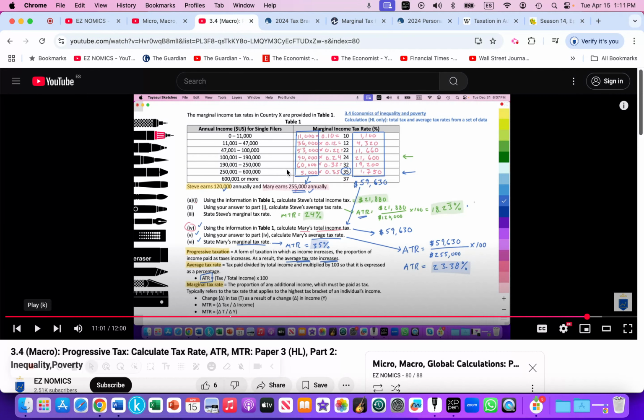We left off in the second video, again, practicing calculating, where we've been provided an annual income tax bracket for a single filer in the US. This is real data from the United States. And we did some practice here of comparing Steve, who's earning $120,000 a year, versus Mary, who's earning $255,000 a year. By calculating the average tax rate for Steve, who's paying on average 18.23% of total income in income tax, versus Mary, who is paying 23.38% on average in income tax,